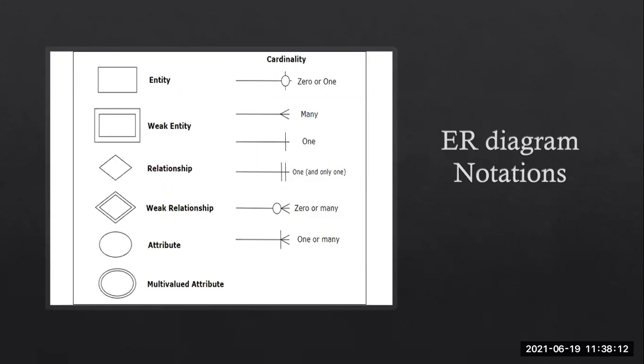Suppose in that table, in a normal table here, a few of the values are completely independent. They are not dependent on anyone. And in that table, there is no primary key. Just a normal table is there. So that also we can specify as a weak entity here. Okay.